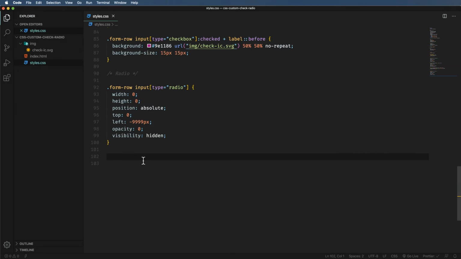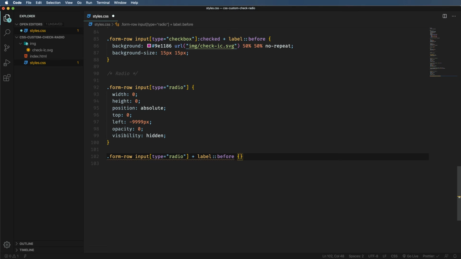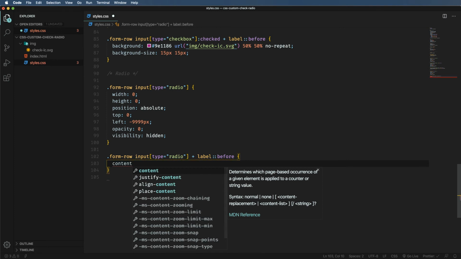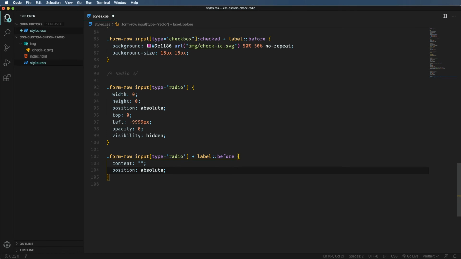First, we draw the radio button in inactive state with the following selector. Form row, input type radio, plus label before. Then we assign the needed properties. Let's set the content to an empty string. Position absolute, 0 from the left side,